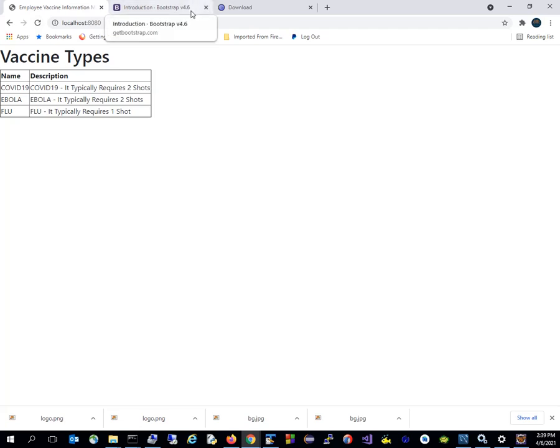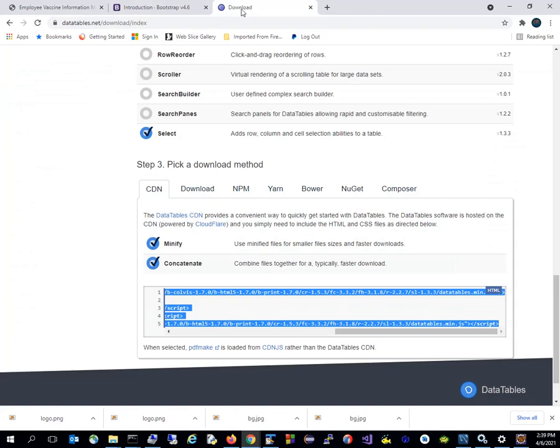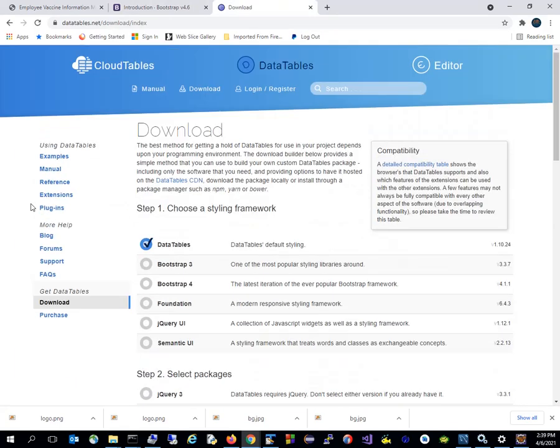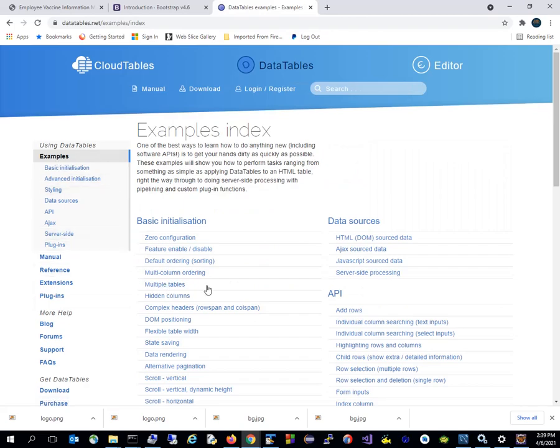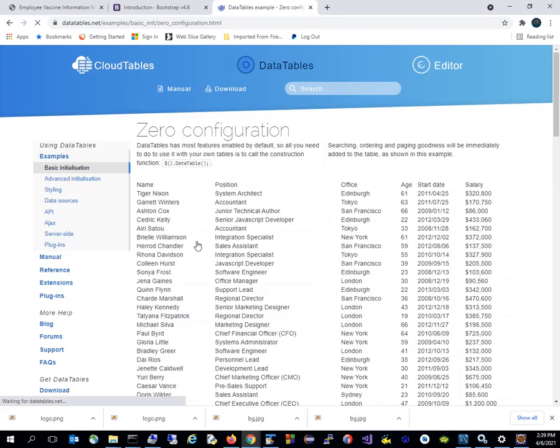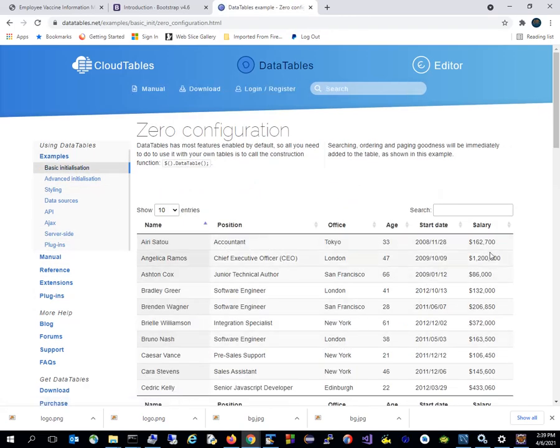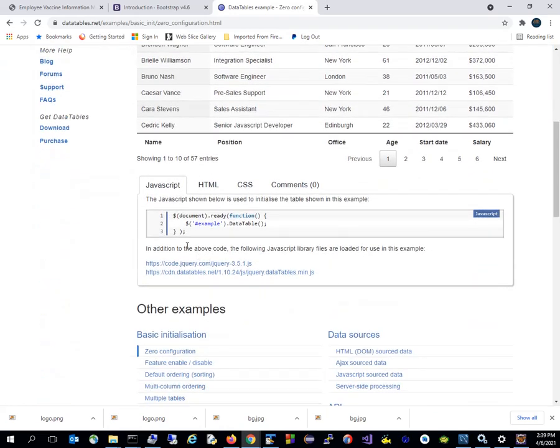Good. But let's see how we can add some stuff to it. Alright, so the next thing I want you to do is go back to that CDN site, and you can pretty much go to simple examples and just go to zero configuration, because I don't like to memorize the codes. So they kind of give you the sample codes right here, JavaScript. So you can pretty much copy this and then come back,